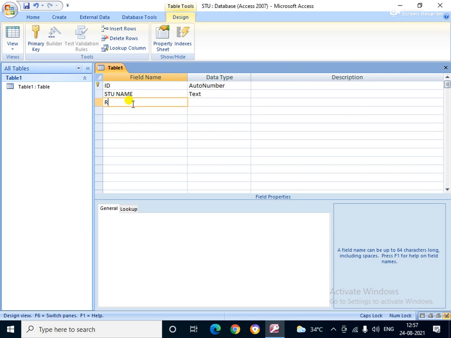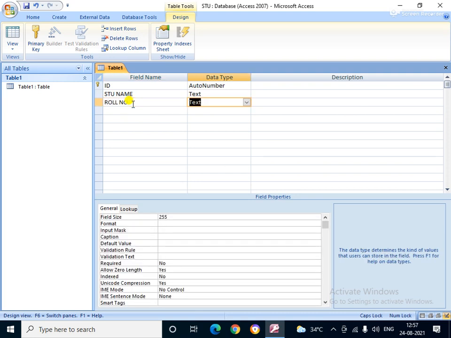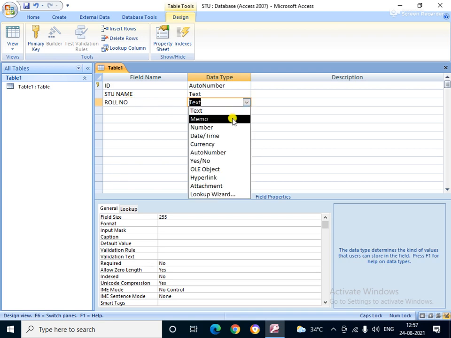Then after this, suppose it is the roll number. Roll number is which type of data type? It is number, or auto number. If you select number, then the user enters the number as per their choice.